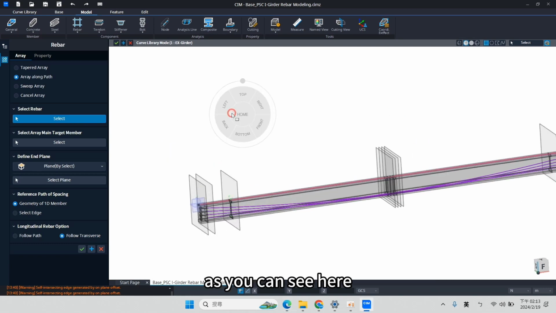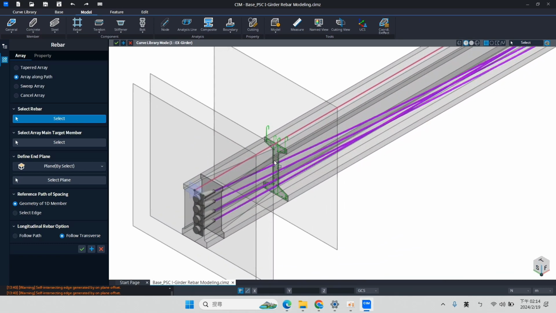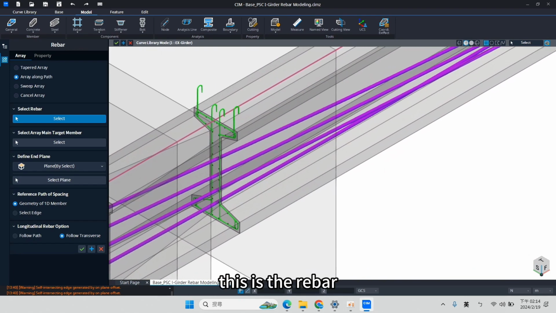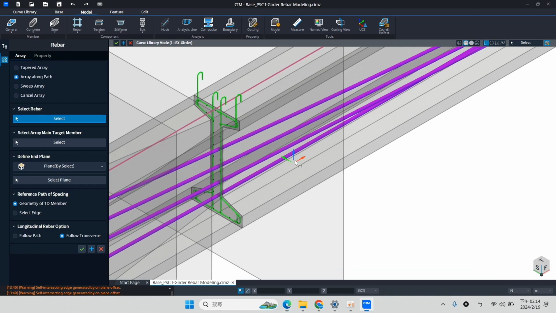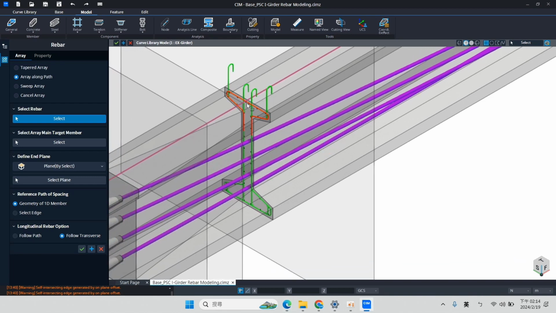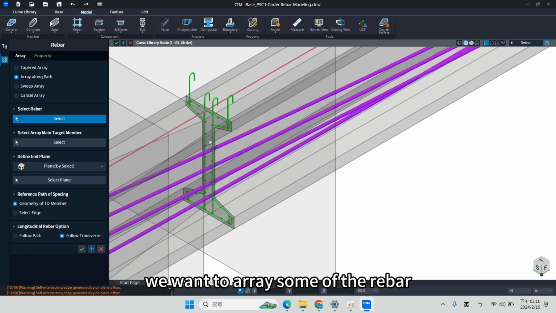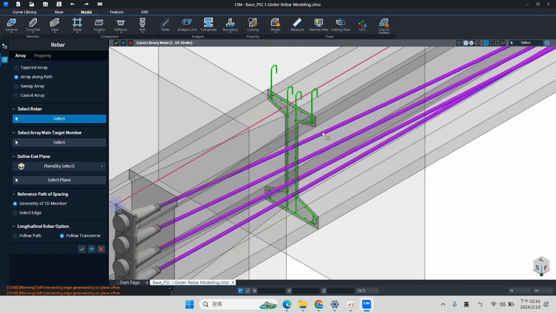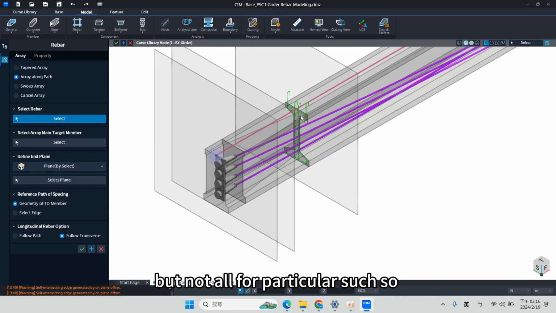As you can see here, this is the rebar, and the main part. We want to array some of the rebar, but not all, for a particular section.